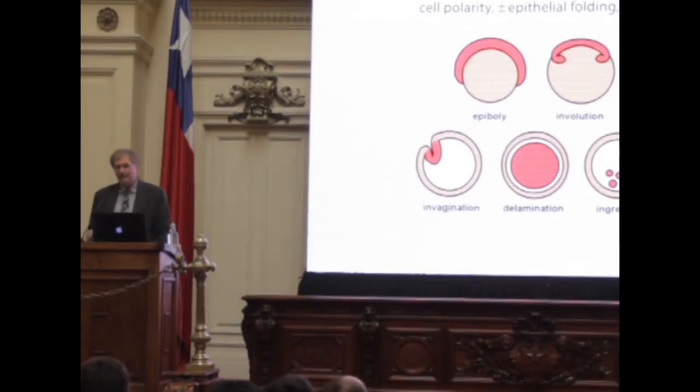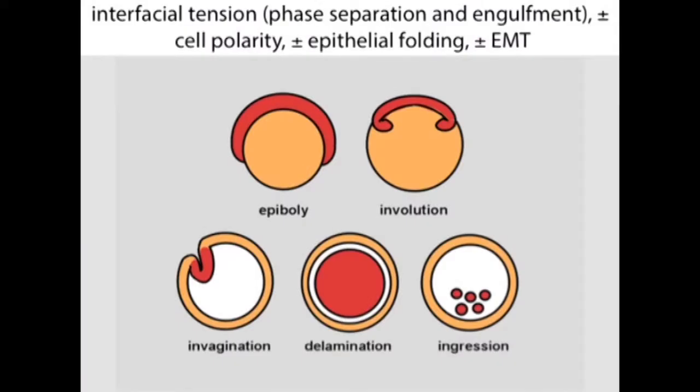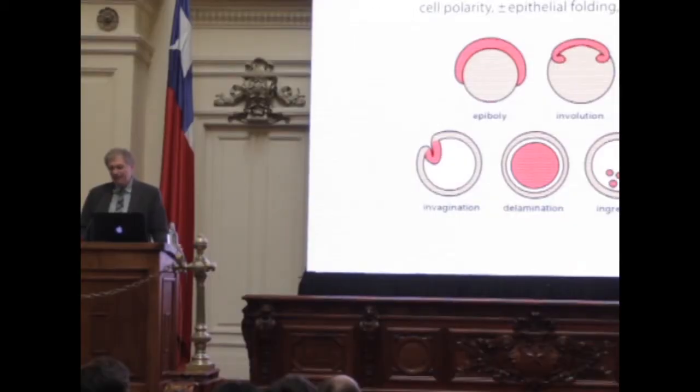So if we want to understand the origins of gastrulation, we can consider differential interfacial tension, cell polarity, epithelial folding, and epithelial mesenchymal transition or transformation. And you can get all the body plans. You don't really need a lot of gradual evolution, and you don't need a lot of genetic change to get this. If you have the genes present, you can get one or another of these morphologies, and it does it